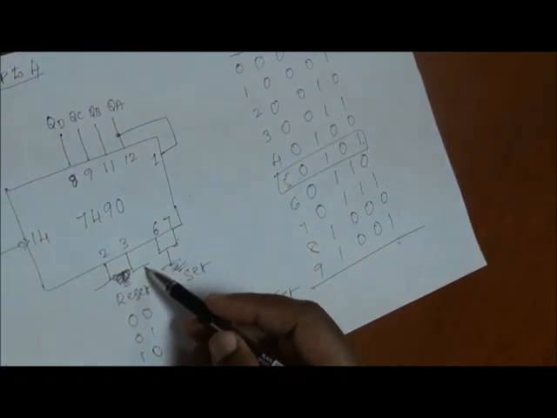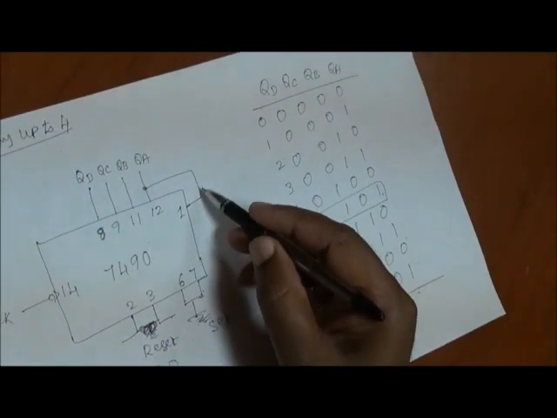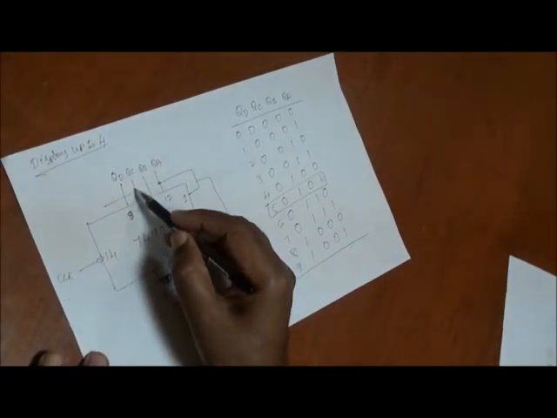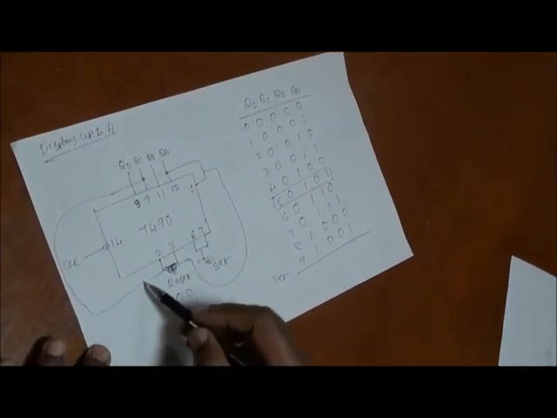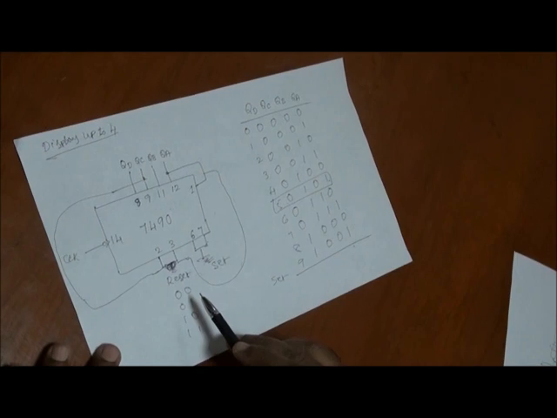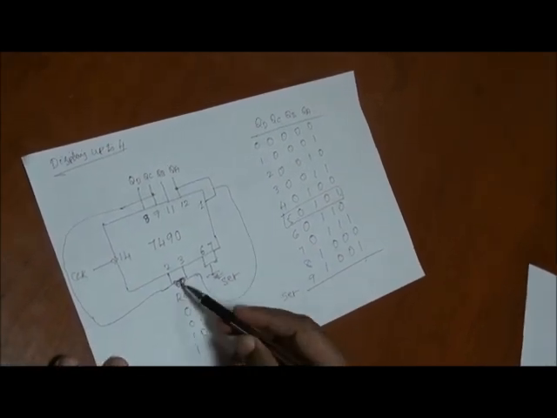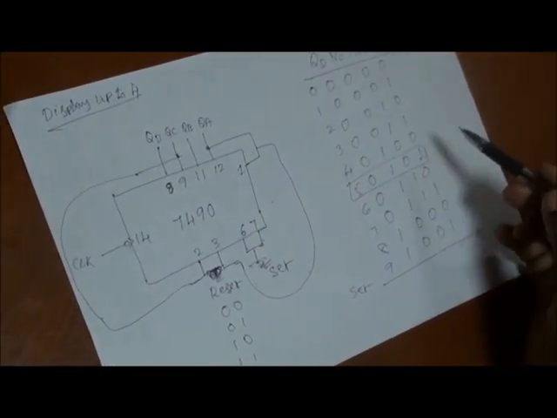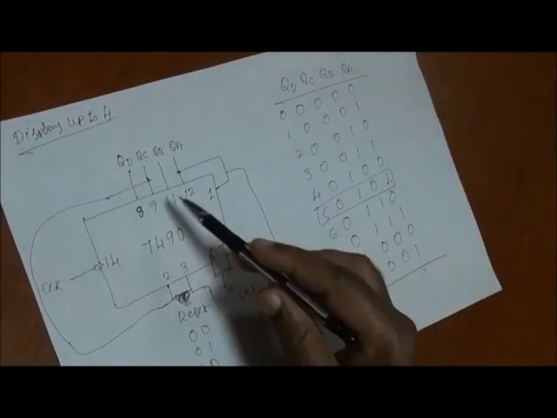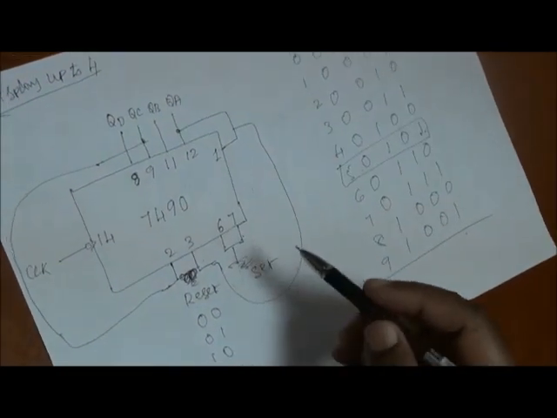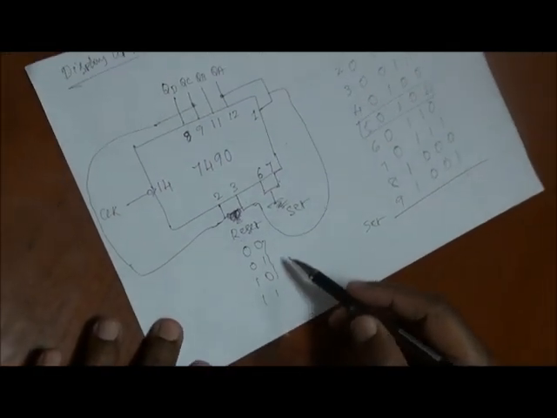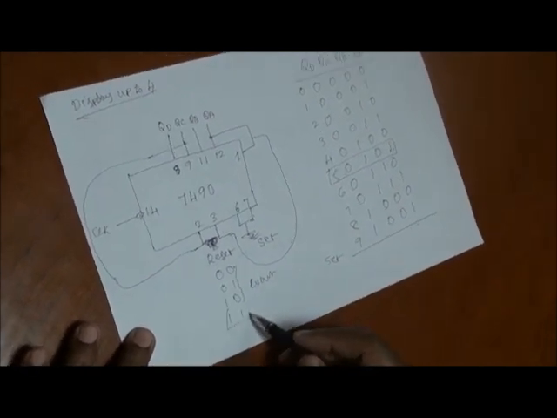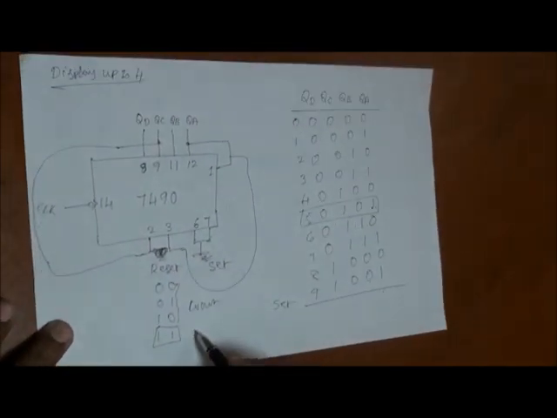Now you have to connect those two ones to these, that's all. So one is QA, which is available here, so connect it to this. The other one is QC, connect to this. So with this arrangement, just a little modification. You have to open the ground connection, then find out how many ones are there and also which are ones. So QA is 1, QC is 1, connect them to these two reset inputs. Okay, you can observe that in any of these conditions, the counter counts. Only when these two inputs are made 1 1, then it resets.